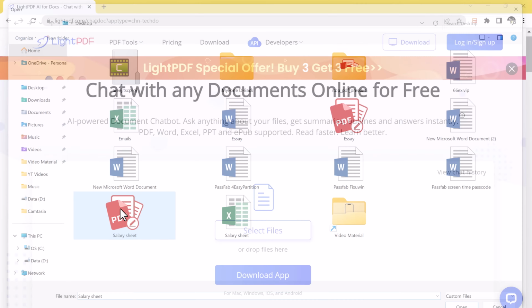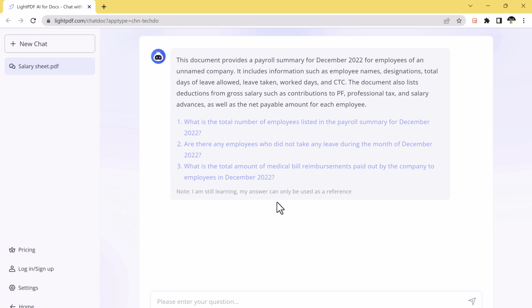For example, here you can see it's telling about the document. This document provides a payroll summary for December 2022 for employees of an unnamed company. It includes information such as employee name, designation, total days of leaves allowed, leave taken, work days, etc. And here are the 3 questions which it has generated. For example, are there any employees who did not take any leave during the month of December? If I click on it,